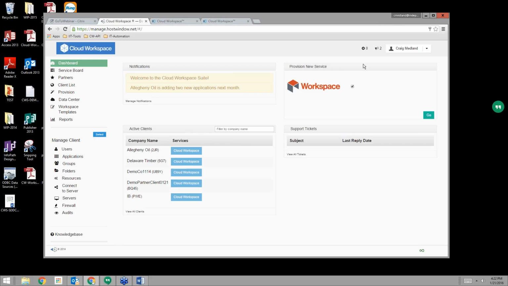Obviously, it's not a perfect fit for everybody, but what we're going to offer today is really going to help you get closer to that and talk about that. So that one-to-many approach gives you the ability to have all your clients in a single place, in a single pane of glass, so you can look at and manage them in a very effective, secure, highly available manner.